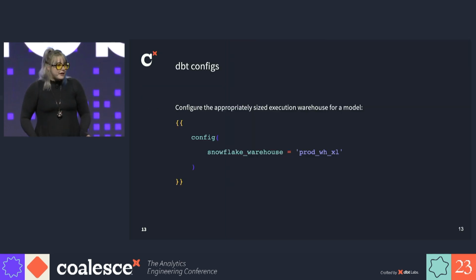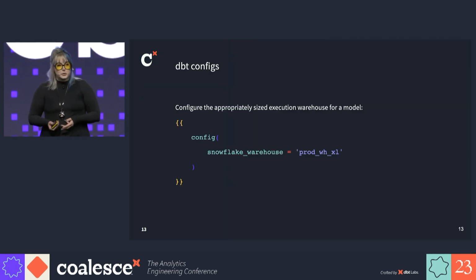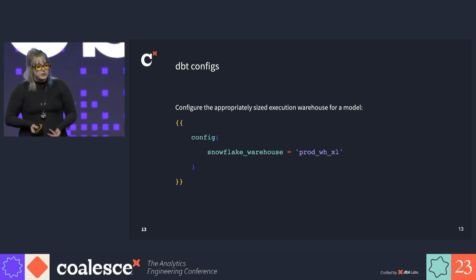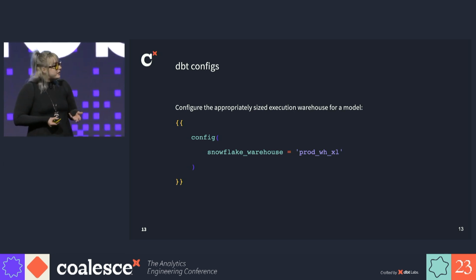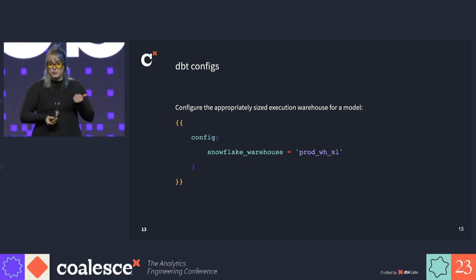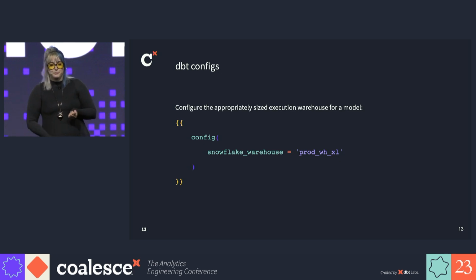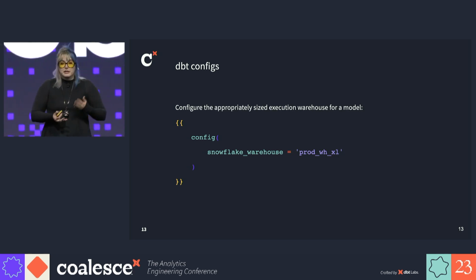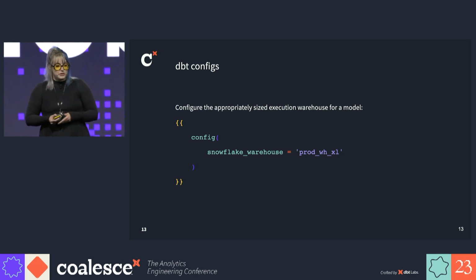So what do we do with that? We then take it and turn it back into a DBT configuration. If you're using the DBT Snowflake adapter, you have a parameter available to you in the config block called Snowflake Warehouse, and this is an example of updating just that parameter. The results from that recommendation get pasted as the value or argument into this configuration,